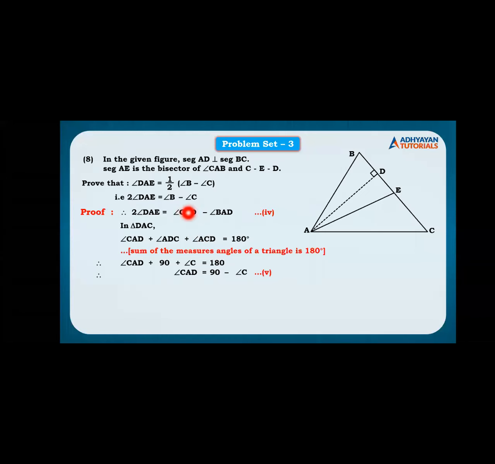So instead of CAD, C will come when we substitute it in equation 4. But we still don't need BAD. Instead we need B. So we talk about those two angles. I would locate BAD in the figure. Children, BAD is right here, right? Angle BAD and angle B together belong to which beautiful triangle? The name of the triangle is BAD.